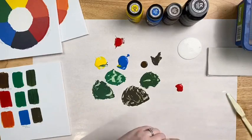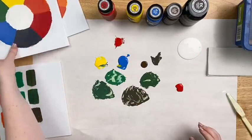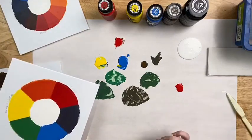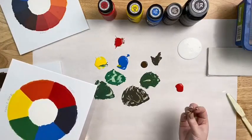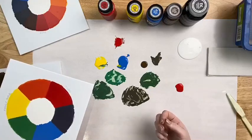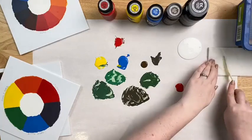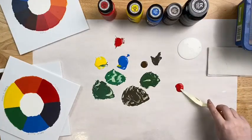Okay, so we've got Pyro there. So like I said, you can't mix red. So you need to decide if you want it to be more of a pinky color for your highlight or more of an orangey color for your highlight. If you want it to be more pinky, you go ahead and add white, and I'll show you guys. Of course, we all know that white and red make pink, but I'll show you so you have